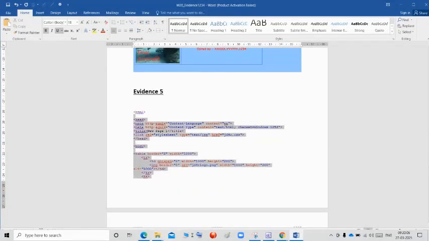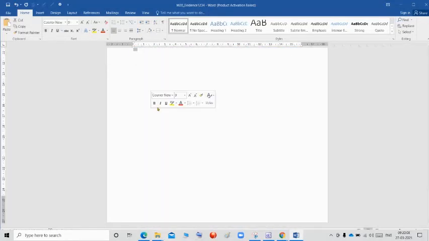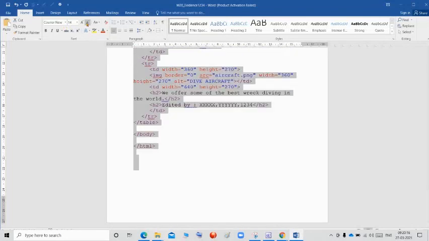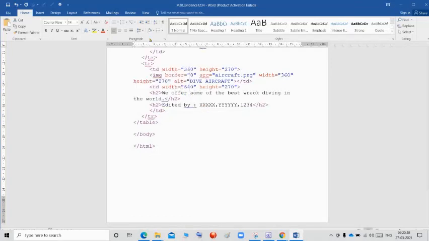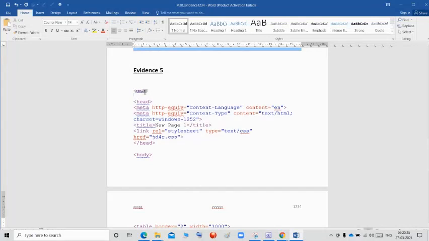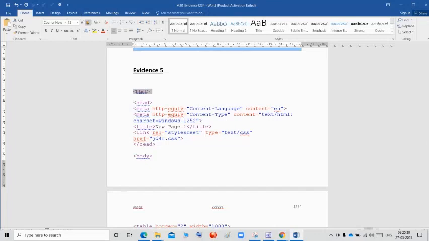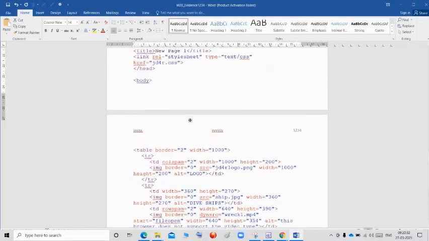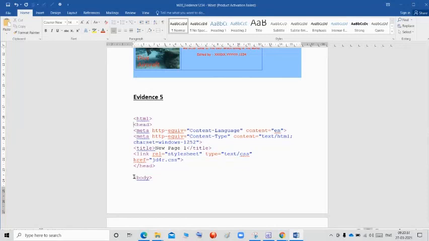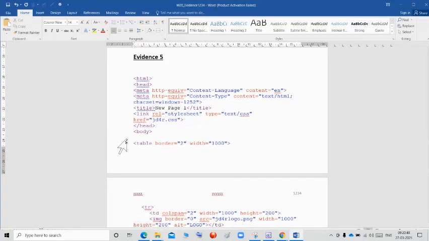So the text is not visible. So what I am going to do, I am going to make it a little bit bigger, and I can minimize the line spacing like this. There is some space, you can reduce the space. In the body there is some space, I can reduce the space.